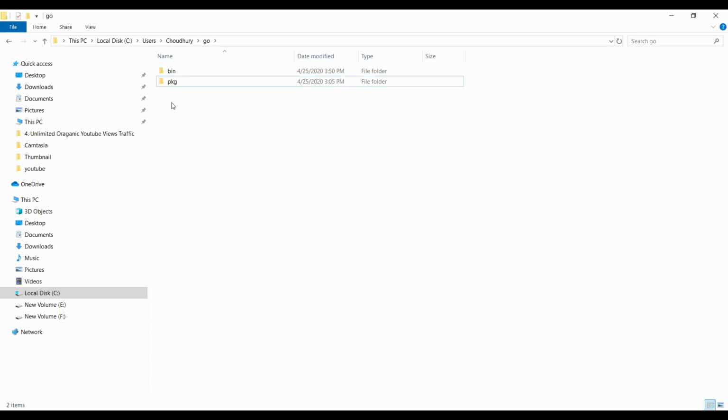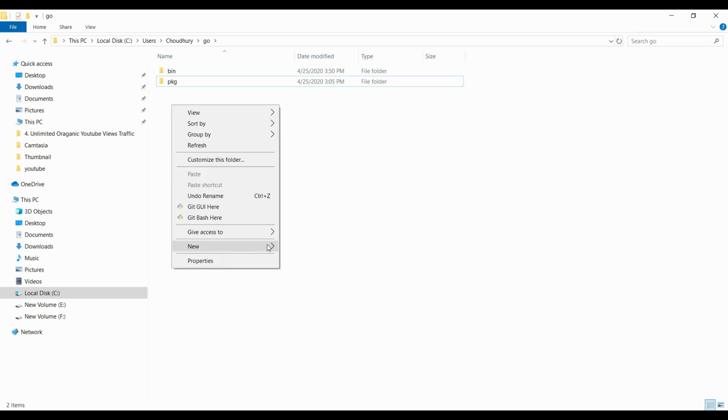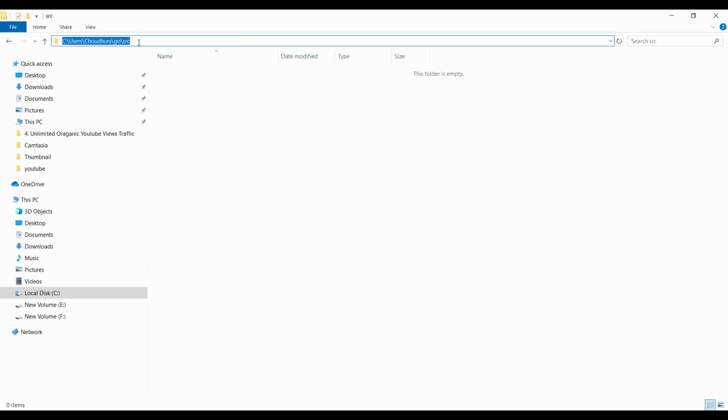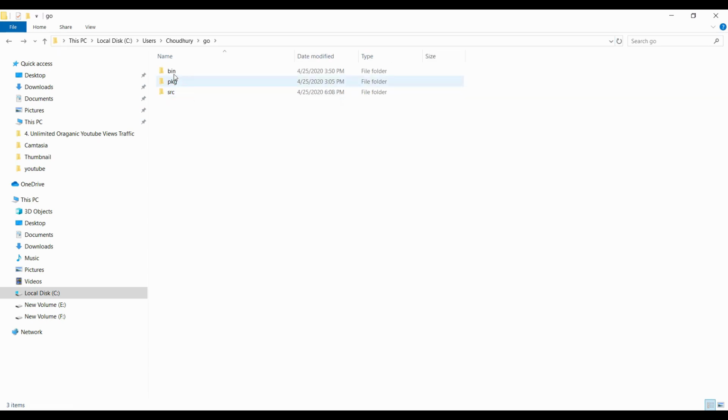If you have a lower version of Go, then we'll find that directory, because now in Go 1.14, Go supports a better way of managing your workspace called Go modules. We'll come to Go modules. Now let's create a src directory. So this path represents the start of your Go workspace. This is your GOPATH. Inside that we'll find bin, pkg and src. Bin contains the executable files, pkg contains your package objects, and src contains your source code.